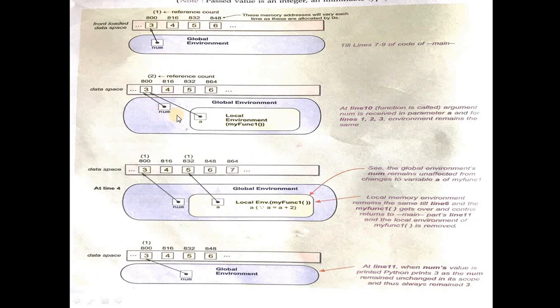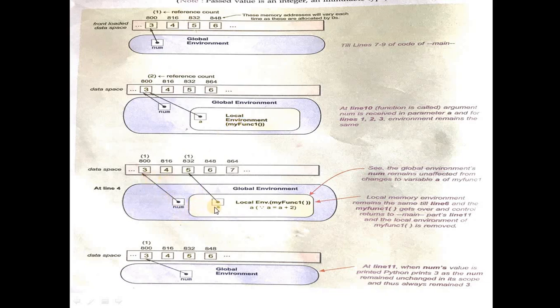Now when you are going to the function call statement, you will be creating a local environment. You will create a local environment which is different from global. So inside global, you are creating a different environment which is enclosed, which is here. In this, you are creating a variable a. That a is also having the same ID. ID means the memory location, and it is also pointing to 800. Up to that it's fine.